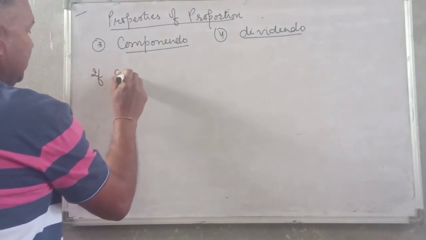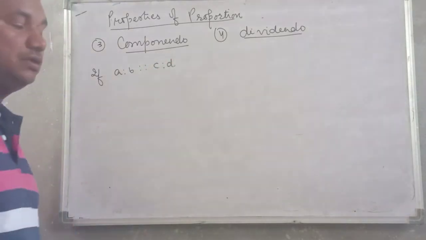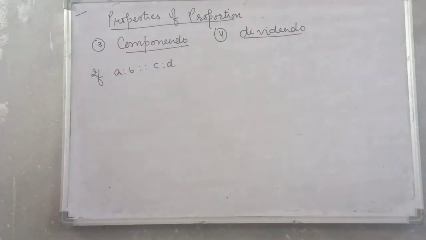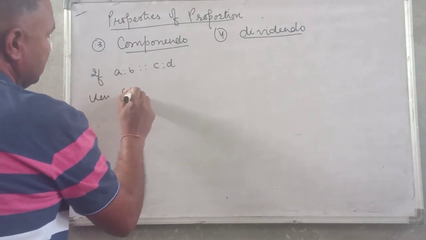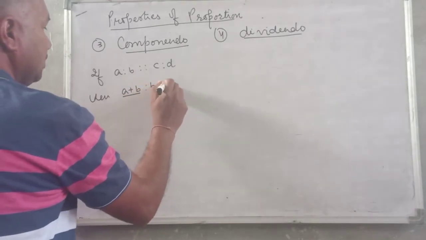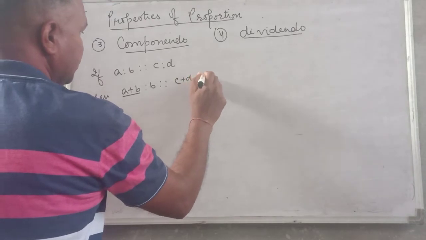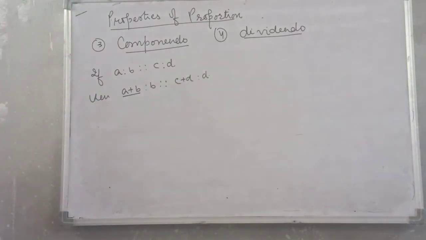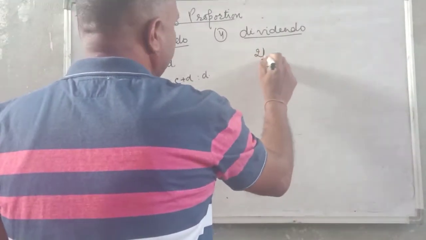If A is to B and C is to D, then A plus B by B is equal to C plus D by D. ये कंपोनेंडो है. Similarly, if A is to B, C is to D,